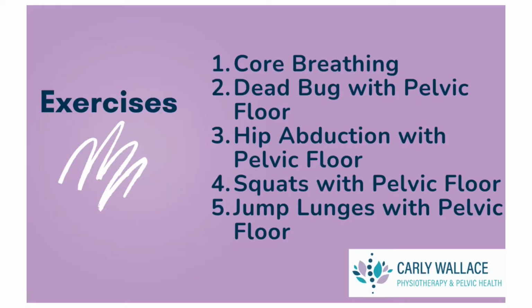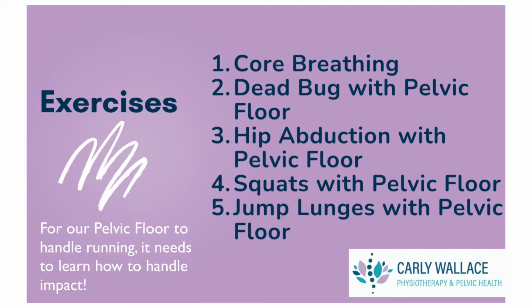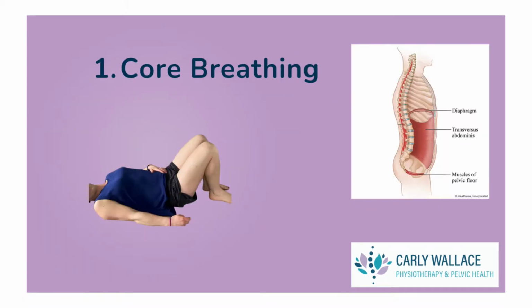So here's our exercise lineup, and what makes these different is that we're going to incorporate our pelvic floor into strengthening exercises that are important for running to teach it how to move and handle that impact, rather than just doing pelvic floor exercises on our own and then expecting our pelvic floor to know what to do when you run. These actually work. So let's jump right into our first exercise, which is core breathing,